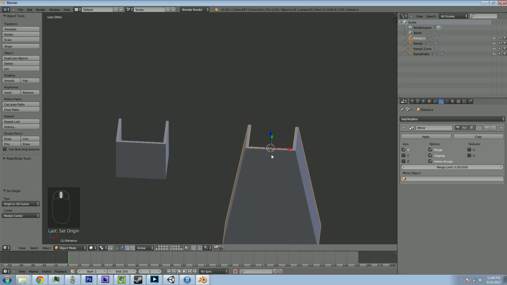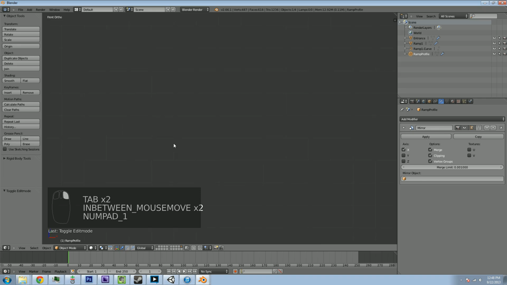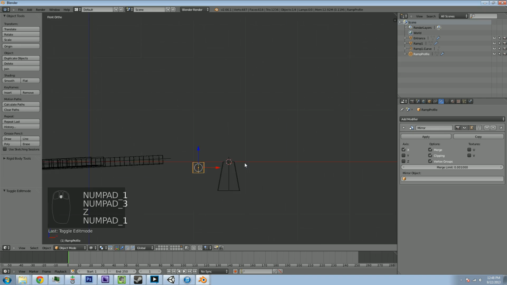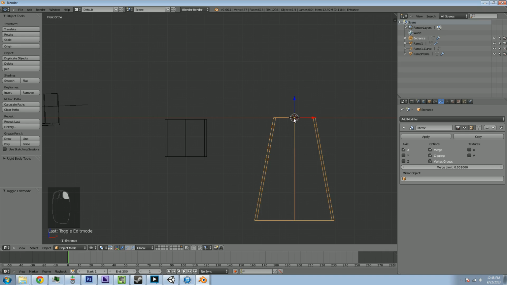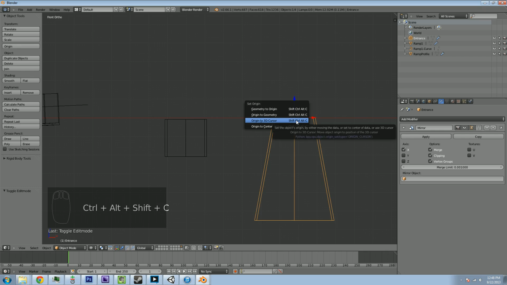Either way is exactly the same. Now the origin relative to the geometry is in a different position, right? It's very visible from this view here. The origin point is more or less in the middle of this block. Well, here the origin point is here. And even if I took the origin point and set it to the center